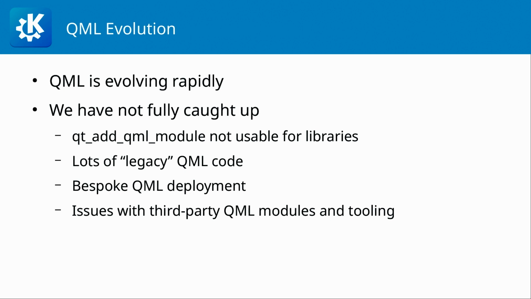Then we have lots of legacy QML code that was written 1, 2, 3, 5, 10 years ago that is not up to today's standard. Like, it uses context properties, unqualified property lookups, doesn't use types, doesn't use declarative type registration. And we have a lot to modernize there. And we have some issues with the tooling that is available, like QMLLint, QMLLS, and the various compilers, not being able to pick up our own QML module libraries properly for various reasons.